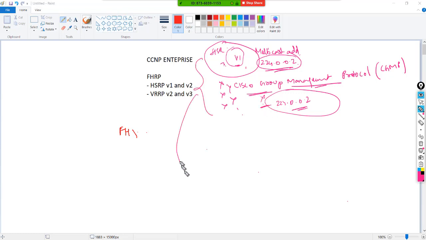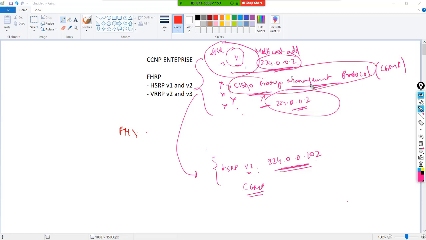So this has been taken care of in HSRP version 2. The reason is the multicast now is this. If you check out the HSRP version 2 multicast address, that's 224.0.0.102. Now in the case of version 2, you can run the CGMP protocol in parallel as well. Okay, so this is a protocol which is used for some other features, but when you have HSRP version 1, they both will not run at the same time. So that's one more reason why you should go to version 2.